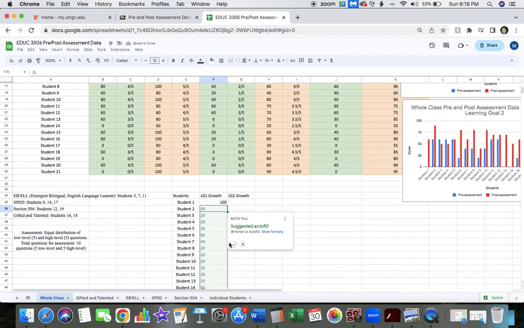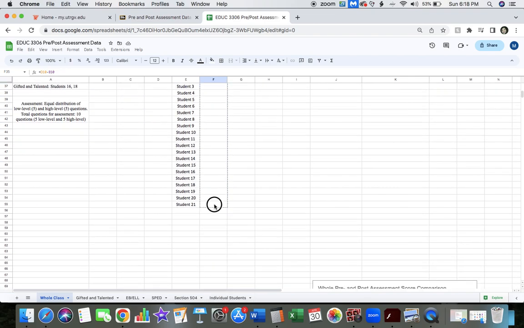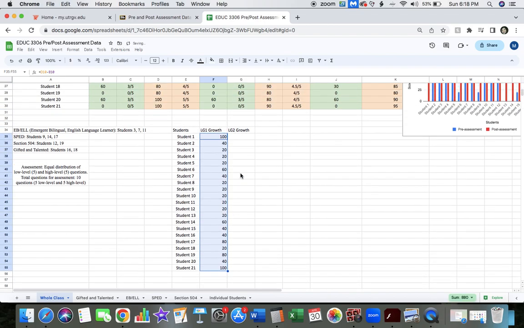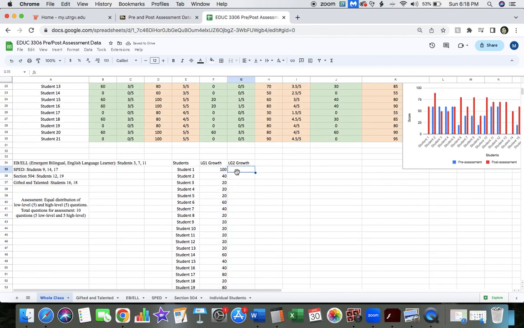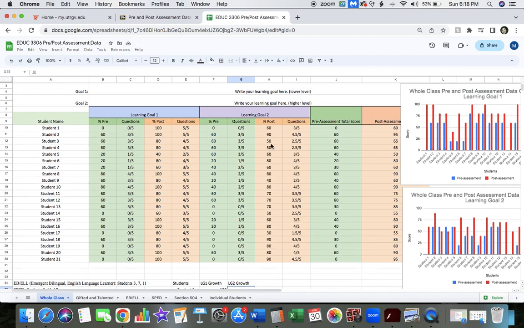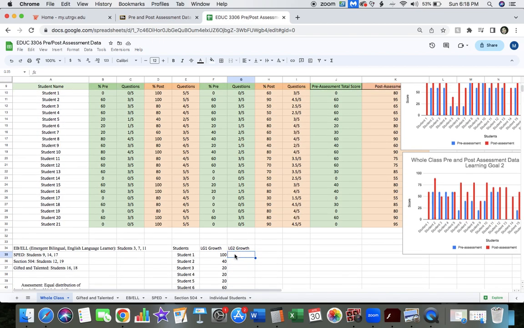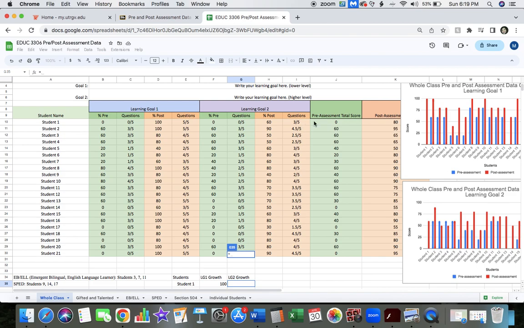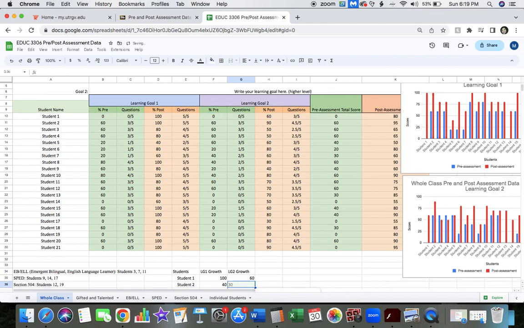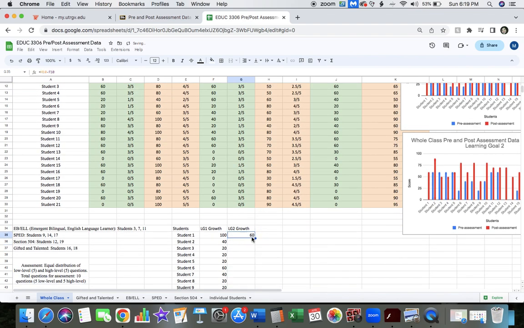And a nice thing about Google Sheets is that if you click this here and drag it down, it will automatically fill in the rest of them for you. That's quite nice. Then we're going to do the same exact thing for Learning Goal 2. So equals, that will be our post-assessment score minus our pre-assessment score, equals. And then same concept, we're going to drag this down here,